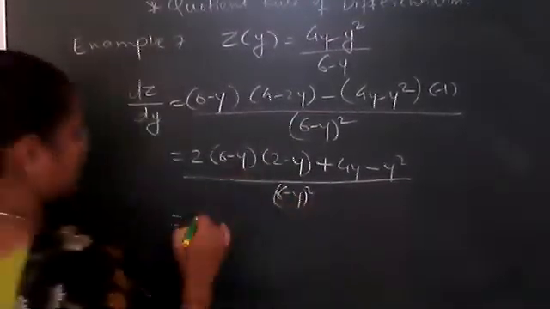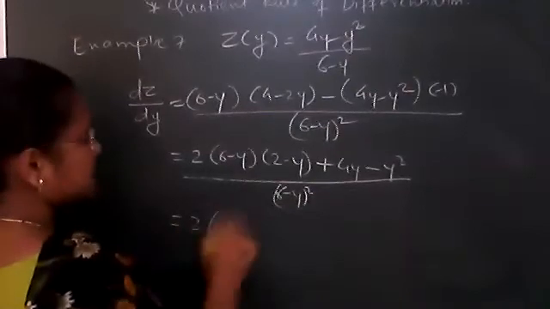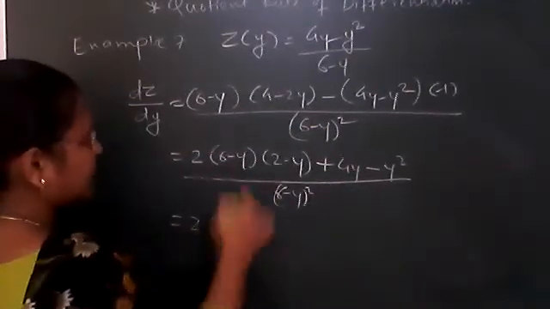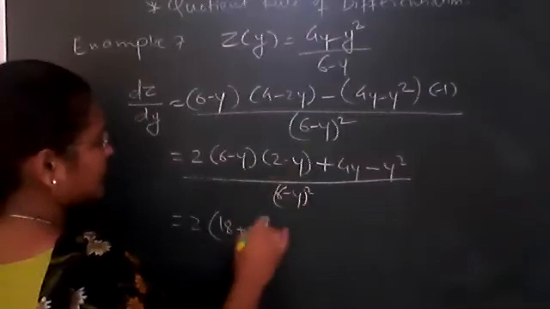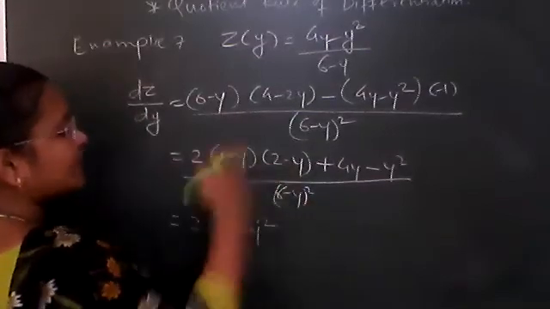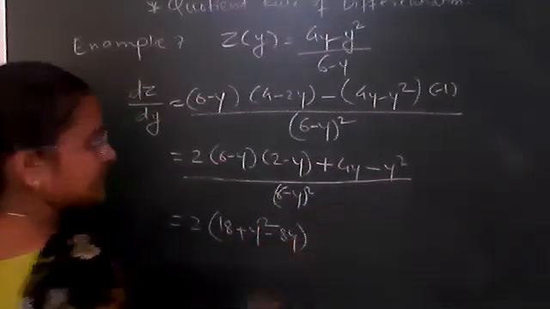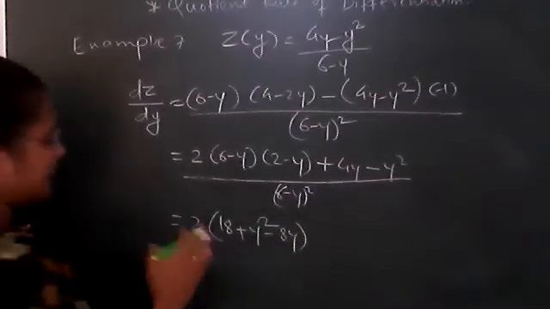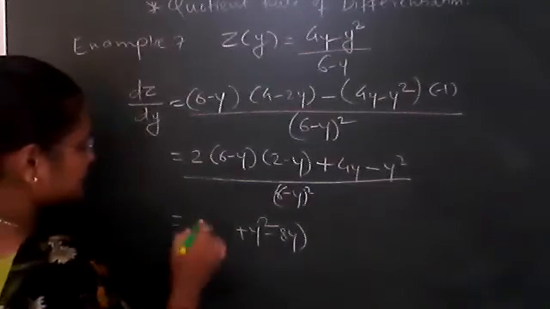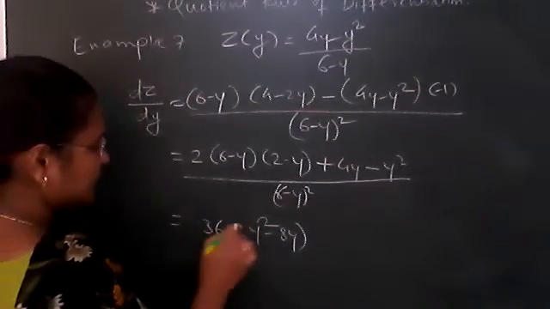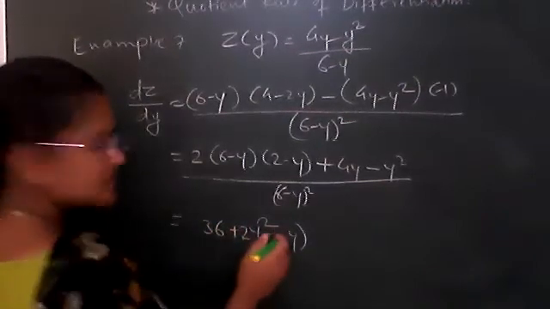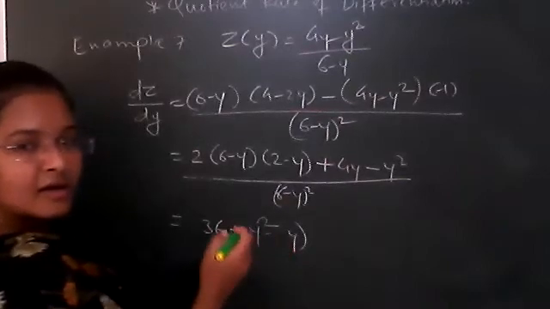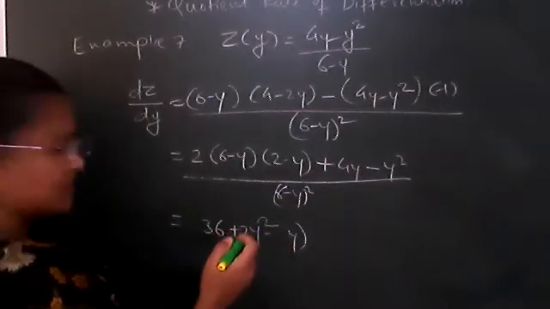So this will be now 2 inside. 6 2s are 18. Minus y into minus y will be plus y square. Then minus 2y minus 6y will be minus 8y. Getting? And if you want to multiply this inside 2, you can multiply this. It will be 36. It will be 2. I'm 12, ma'am. 12. Ma'am, 6 twos are 12, 12 twos are 24, not 36.